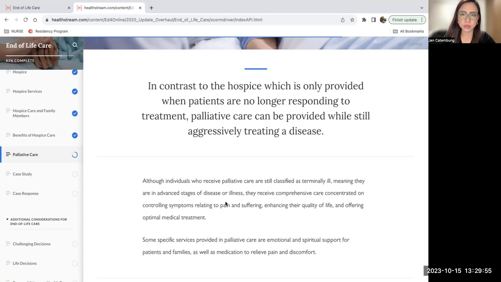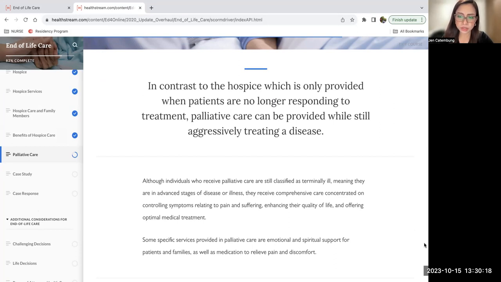In contrast to hospice, which is only provided when patients are no longer responding to treatment, palliative care can be provided while still aggressively treating a disease. Although individuals who receive palliative care are still classified as terminally ill, meaning they are in an advanced stage of disease or illness,